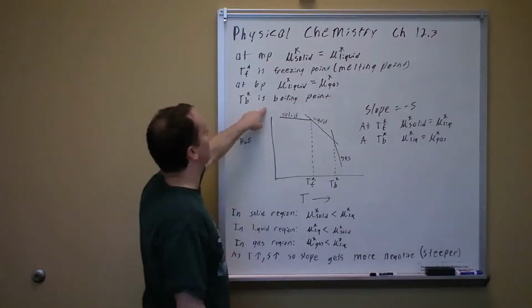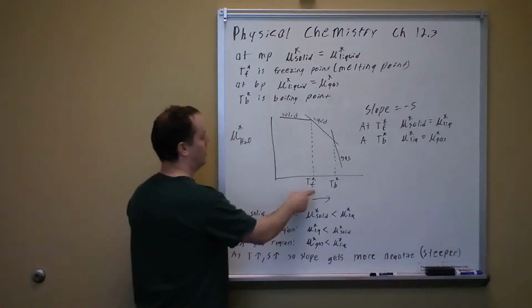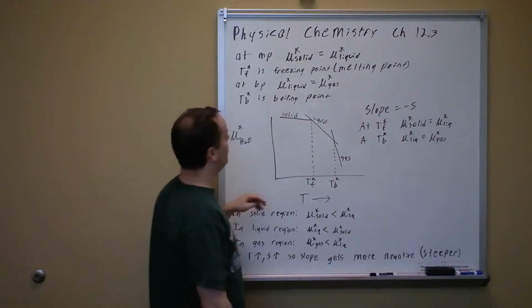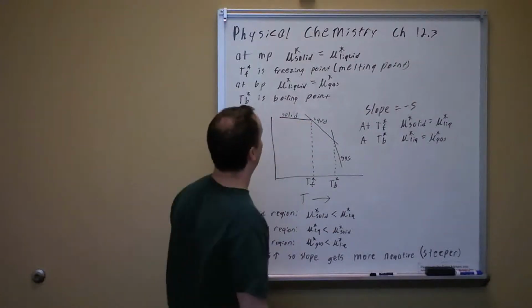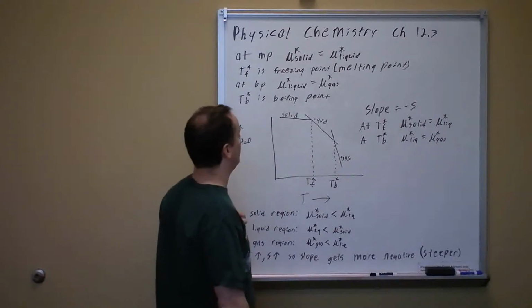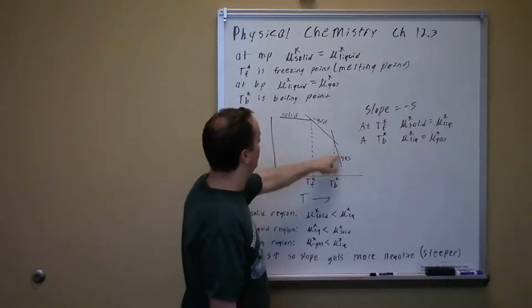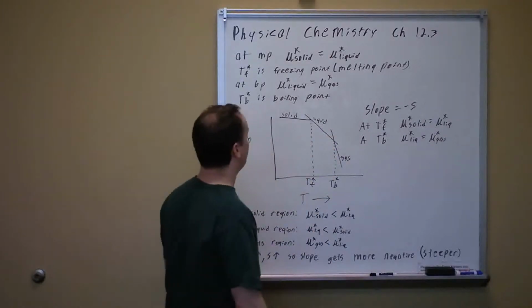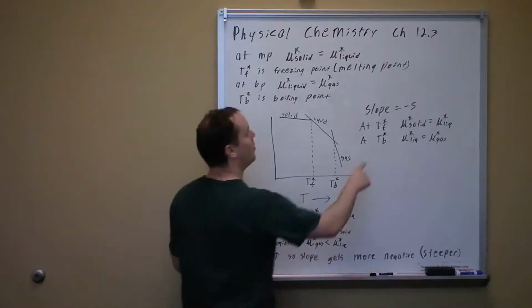And of course, T_b star, that's the boiling point. So here's a graph of chemical potential against temperature. You notice there's actually three different straight lines here. One is for the chemical potential of what a solid would do. One is for the chemical potential of what a liquid would do. And one is what the chemical potential of a gas would do. All three of these are straight lines, and for any one of them, the slope is going to be equal